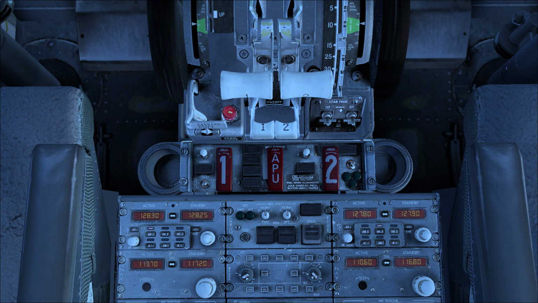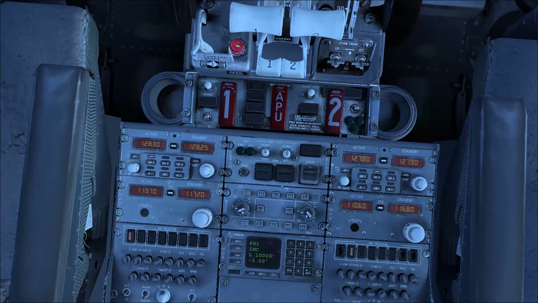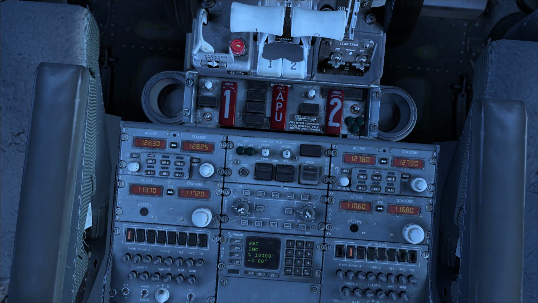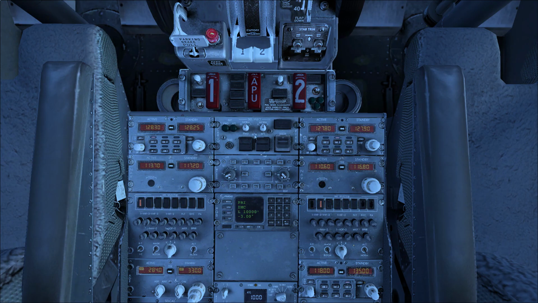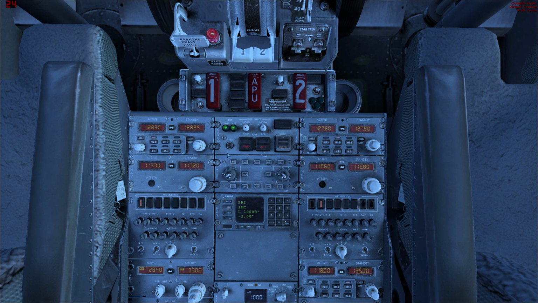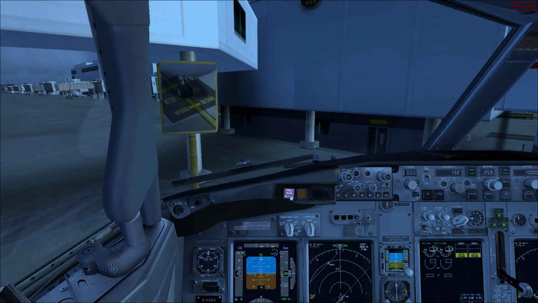Left and right. Then we go down to the radio panel, cargo fire detection system, and test that. Forward and aft, and cancel that,